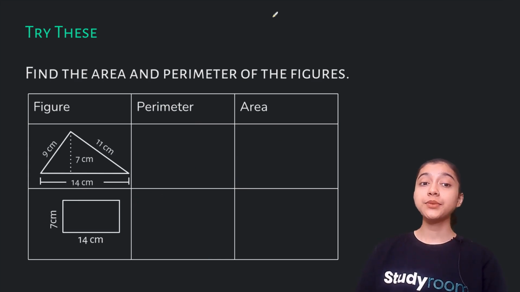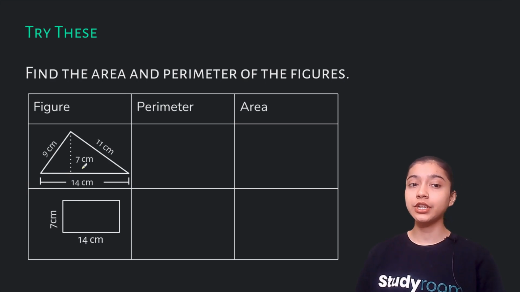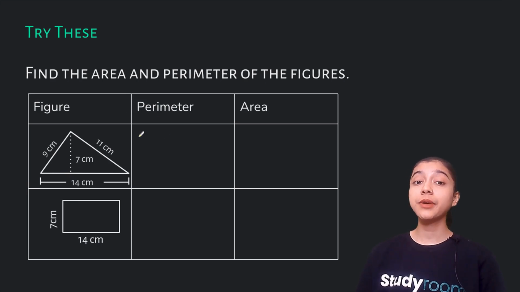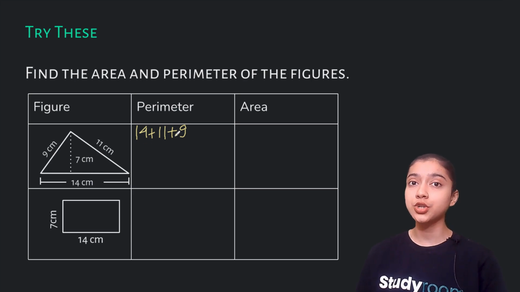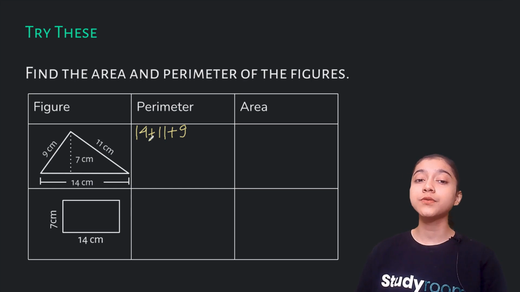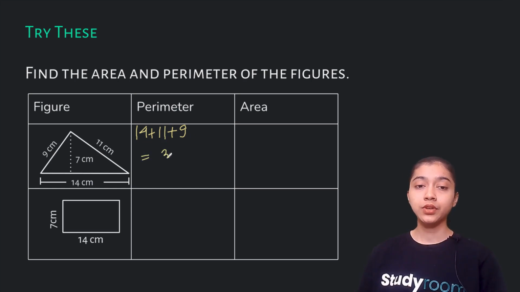The next figure that we have is a triangle. And we have to calculate the perimeter and the area of this triangle. In order to calculate the perimeter, I told you that the perimeter is equal to the length of all the sides. So the length of all the sides given to us is 14. So I'll add 14 with 11 and then again I'll add it with 9 because these are the length of each of the sides of a triangle and the perimeter is A plus B plus C. So I wrote 14 plus 11 plus 9. Ultimately, this gives us 34